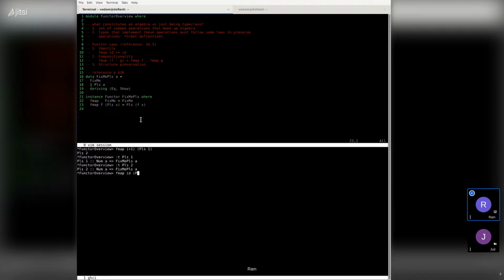But let's see that. Okay, so let's pass in please one. Okay, we got it. So is please one going to give us the same here? Yeah. Okay, so we've now preserved identity. What about compositionality? Let's try